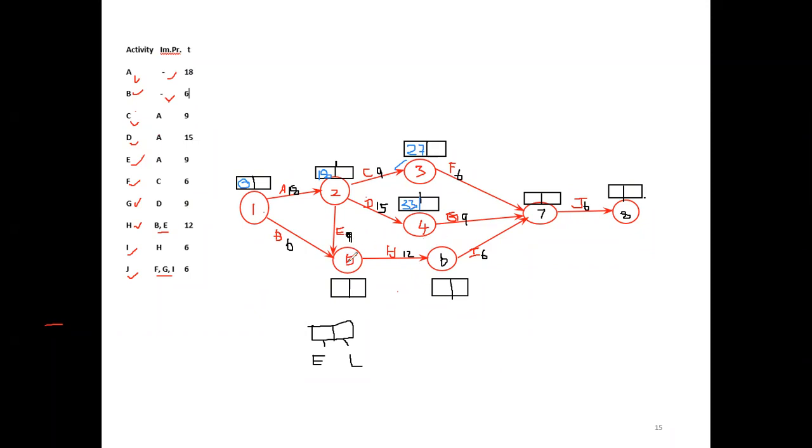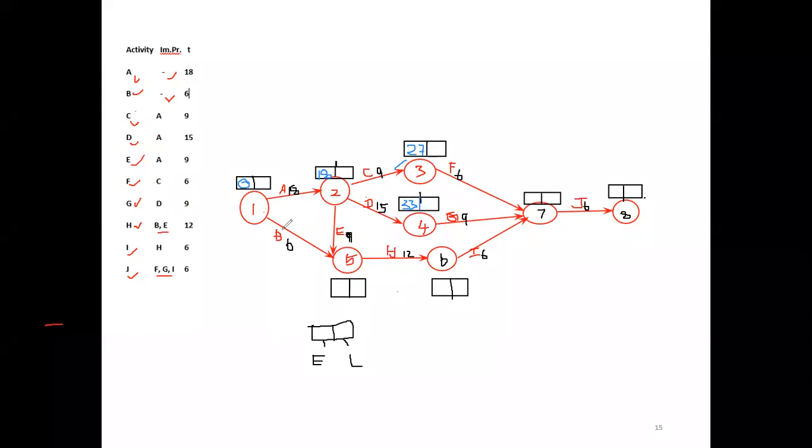Now, we will come to the fifth event. For the fifth event, there are two routes. One is direct, 1 to 5, direct from B. Here 0 plus 6, 6. Then the other route: when we want to finish this event to start H, another route E also should be finished. After A finishes, then E finishes. So there are two arrow marks, which means there are two routes. One is direct B, the other is A to E. Only after finishing, then H starts.